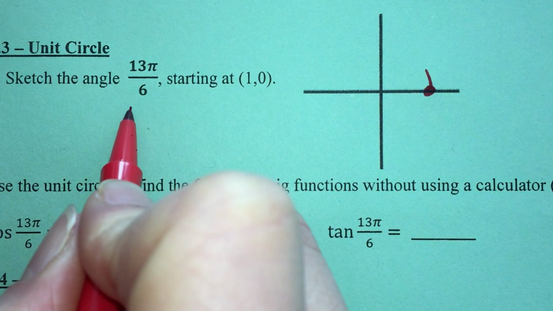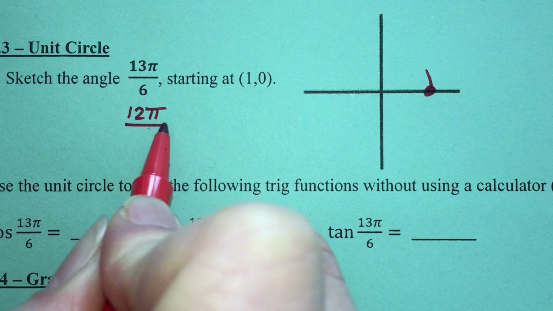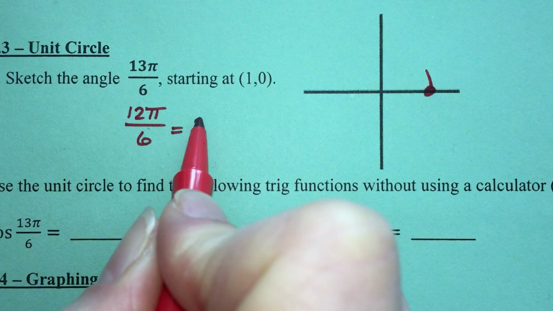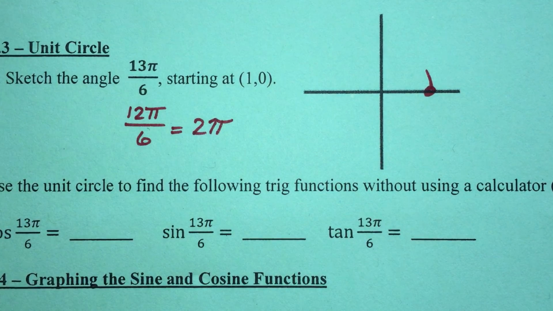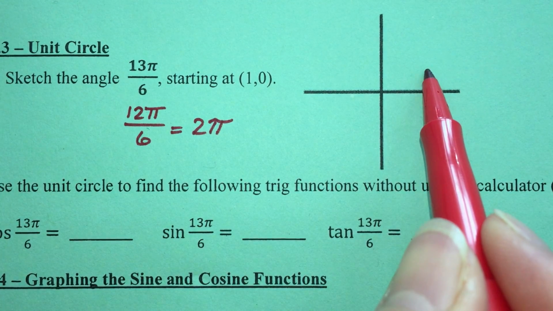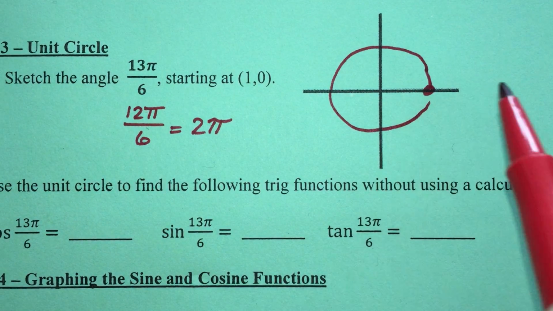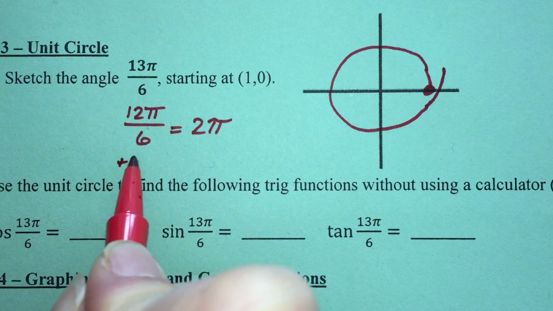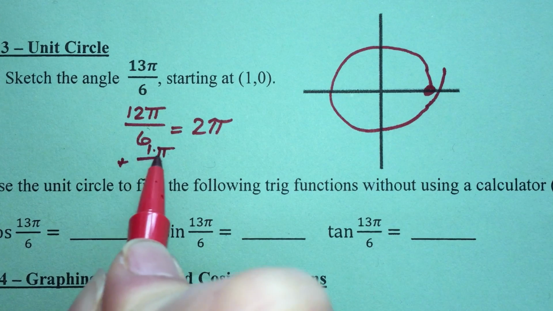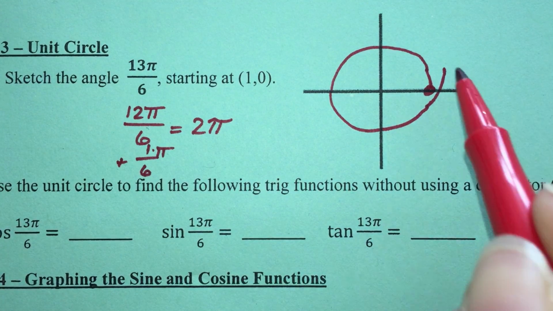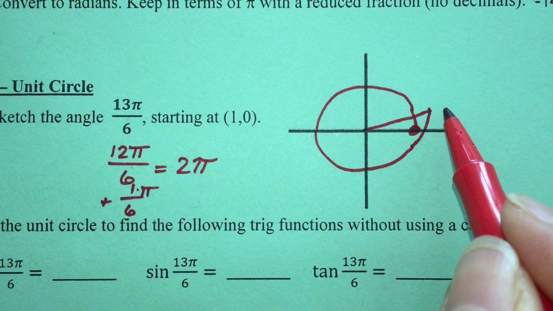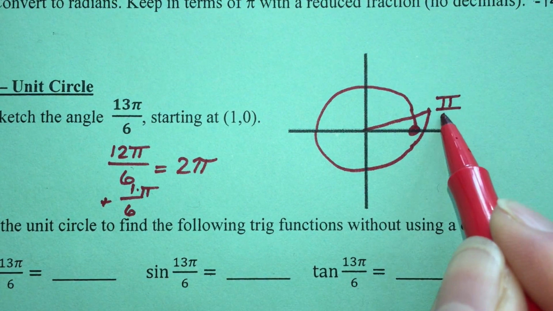Now think about it, 12 pi over 6 would be, because 12 over 6 is 2, equivalent to 2 pi, and 2 pi is 360 degrees, or 1 time around the circle. So I'm going to take this all the way 1 time around the circle, and then I have a little bit more because I have 1 pi over 6, so it's plus 1 pi over 6 more. And so that's going to stop right here. That is 30 degrees, or another pi over 6